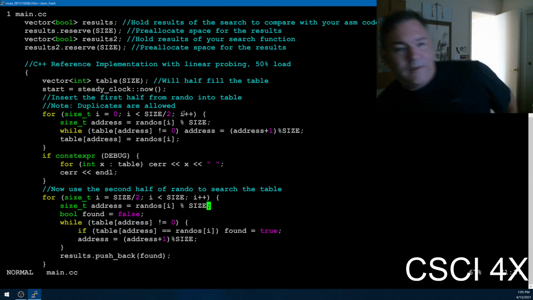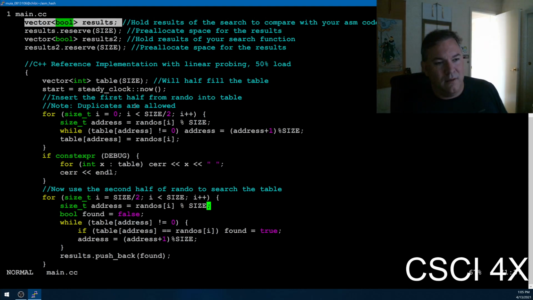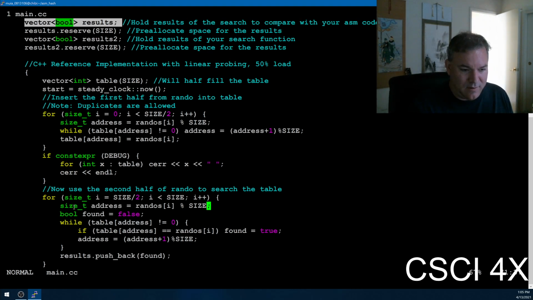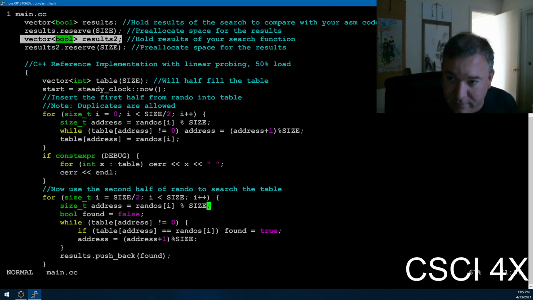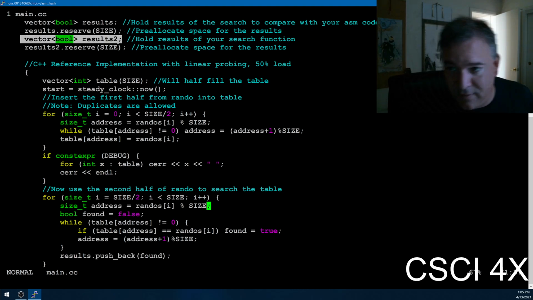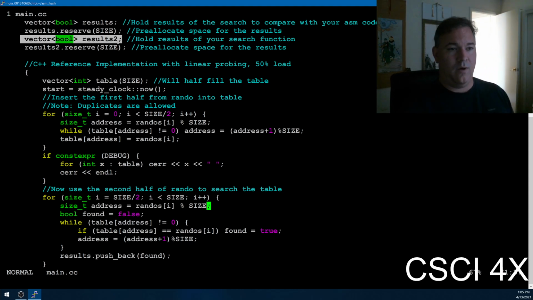All right, so here we've got the results vector. The C++ thing is going to be pushing the results into the results vector. Your code is going to be pushing the results into the results2 vector. If you wanted to refactor this to get rid of the function call overhead, then what you could do is